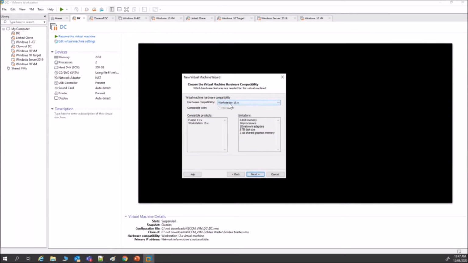Yeah, so for example, if we look at VMware Workstation 15 as the hardware compatibility, you can see that those virtual machines are compatible with Fusion and Workstation 15. And these are some of the limitations. Keep an eye on the processor cores and the amount of memory. And if we switch it down to Workstation 12,